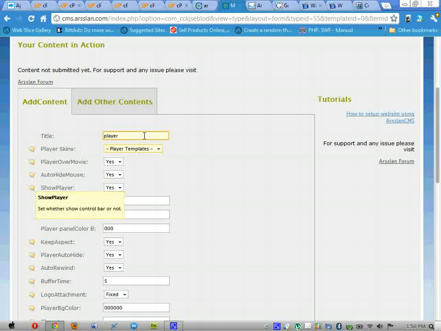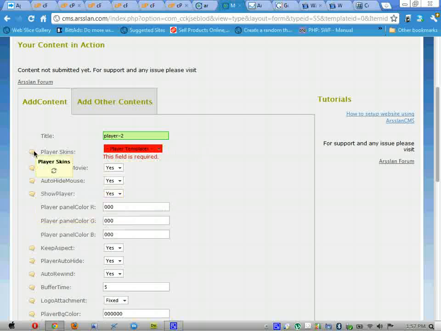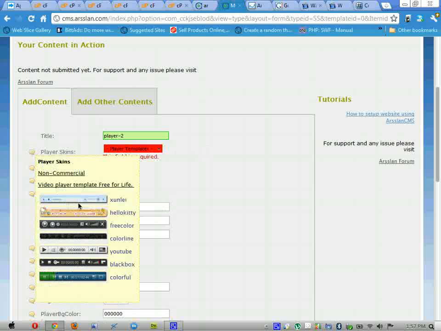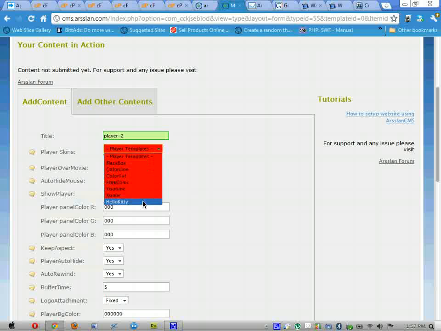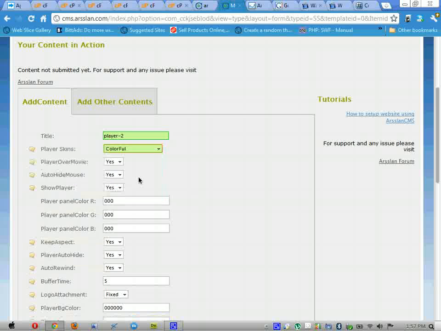player, let's give it 2, and then player skin, I don't know what skin looks like what, so I'm going to have here, and I'm going to choose from, I want this one. Okay, so this is colorful, and I will be waiting for colorful. Okay,